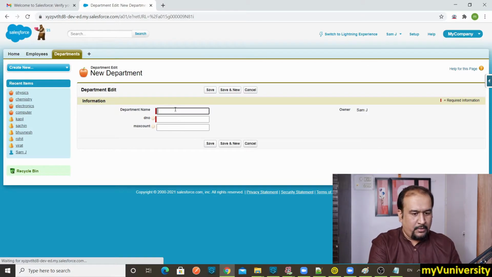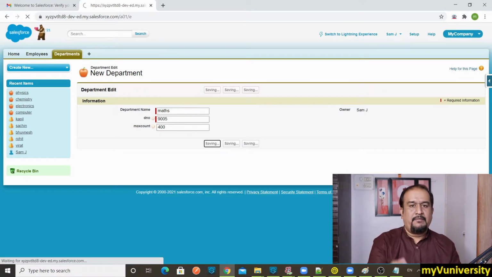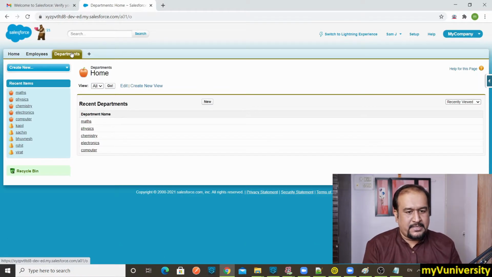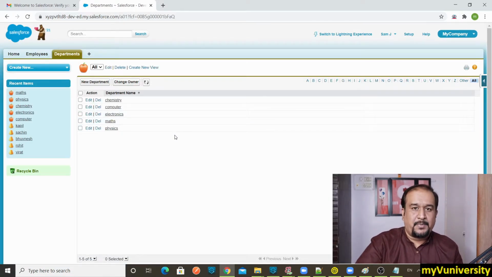Save and new. One more: mathematics. Maths is the department. DNO is 9005. Max count is let's say 400. Let us click on save. All records are visible. Now click on department tab. You can see all records are visible, but you can see only one field, that is department name.